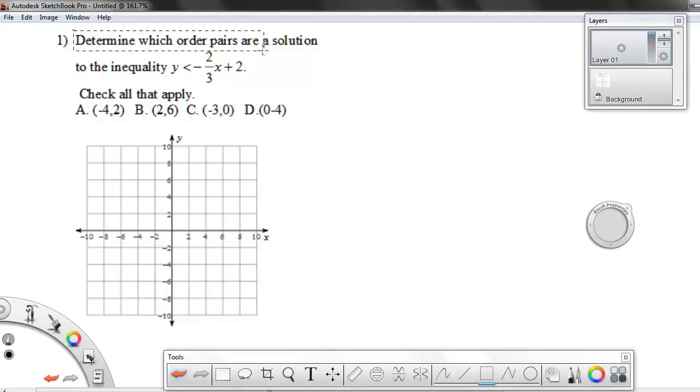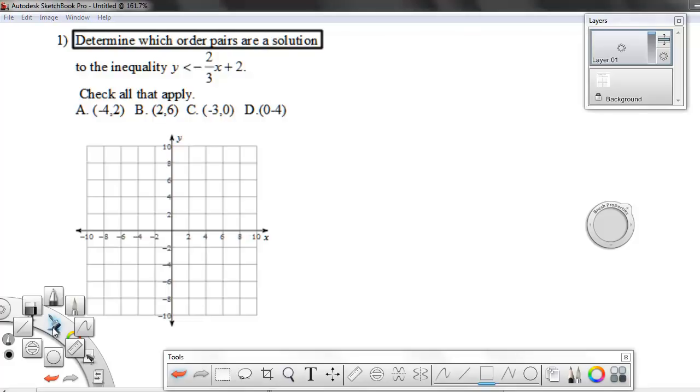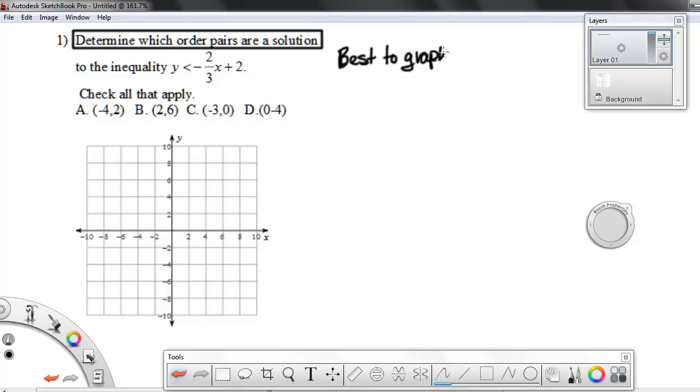Okay, and these problems are supposed to determine which ordered pairs are a solution to the inequality. And the best way to do this is to simply graph the inequality. And so that's what we're going to do with this one. Now remember, to graph an inequality,